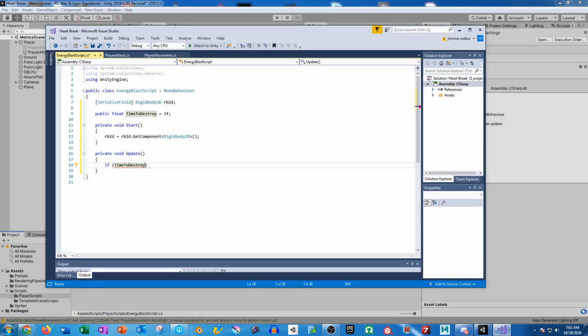I'm actually going to say time to destroy minus equals time dot delta time. Then I'm going to say if time to destroy is less than 0, then we will destroy game object. Why would you do that, you little bastard? There we go. The main thing I want to do, though, is say RB2D dot